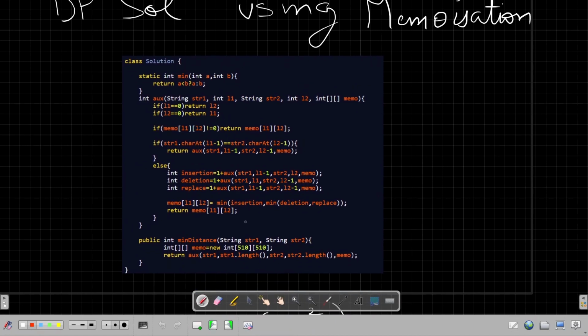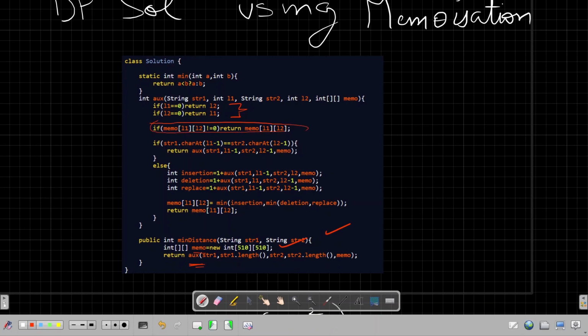So let me give a quick walkthrough of this algorithm. This is the old function, only memo I am taking. This is a 2D lookup, or you can call it a matrix. I am passing this matrix to this auxiliary function, and these conditions I have already explained in the brute force approach. Only this part is different, right?